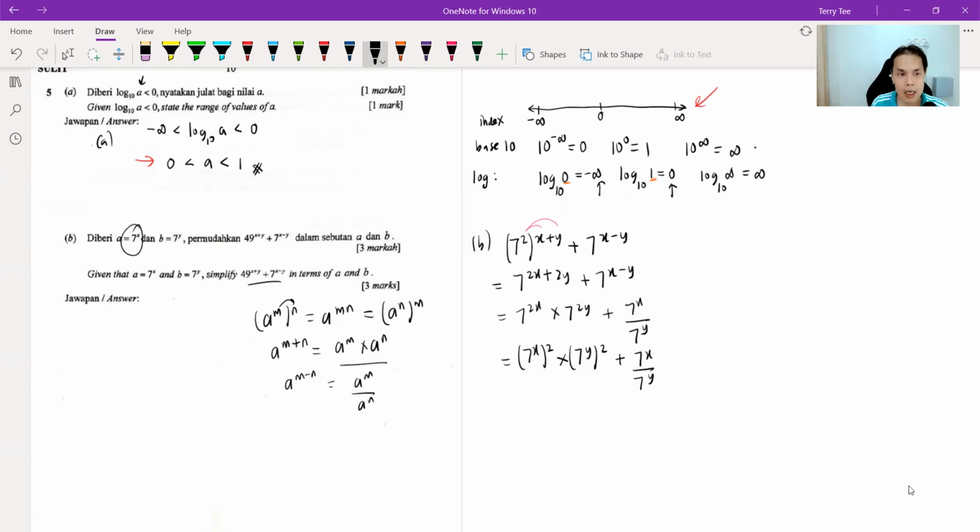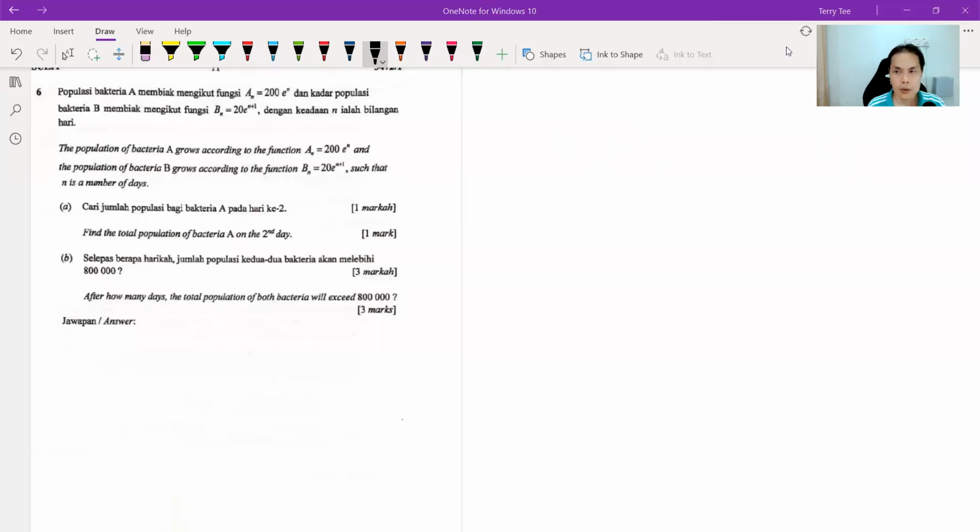Now, why do I do that? Because I want to replace my 7 power x with a, 7 power y with b. So this will be a square, b square. This is a over b. Yeah, a square, b square, a over b. Okay, question